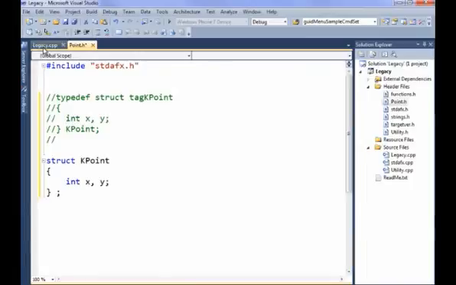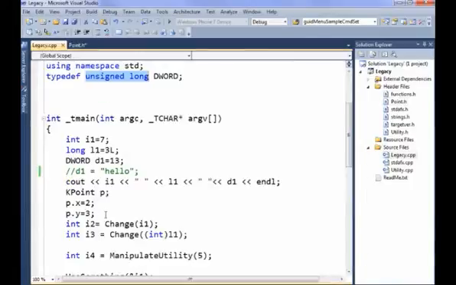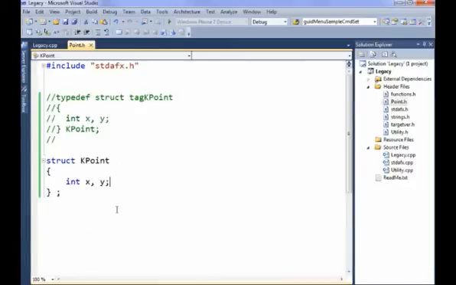If I leave the code that's using kpoint completely unchanged and just build again, this build also succeeds. So in terms of ease of using the struct, this code couldn't care less how you do it. And I find this neater and more readable than this kind of old-fashioned way. If you come across the old-fashioned way in someone else's code, now you know what the heck it's doing. If you want to, you can change it to this, or you can go with the if it ain't broke, don't fix it rule, leave it alone. Now you know how to read it.